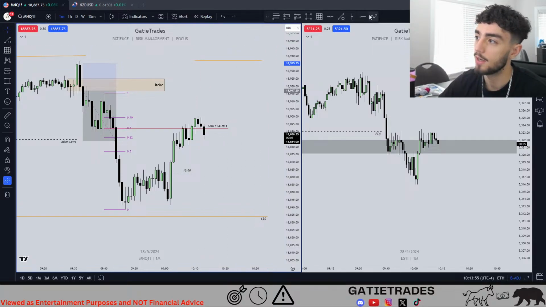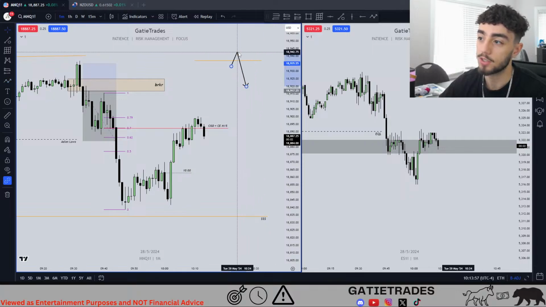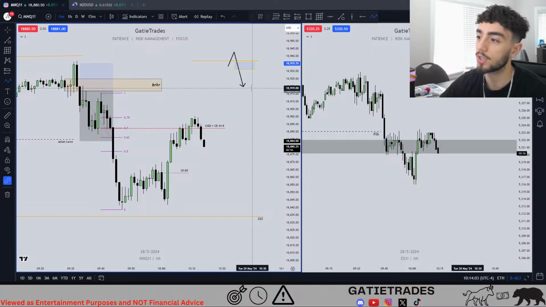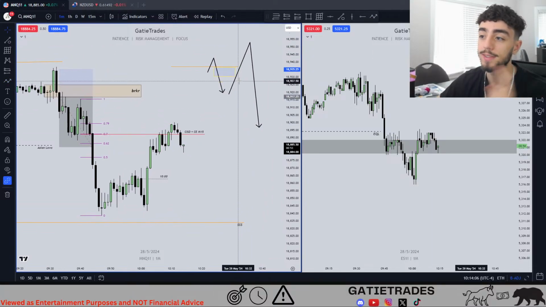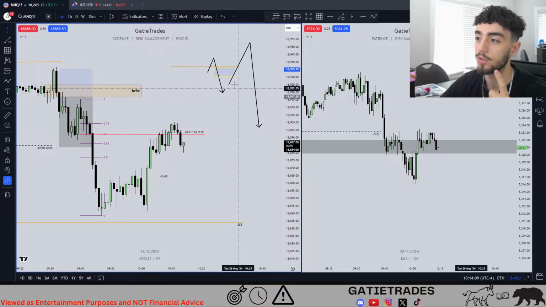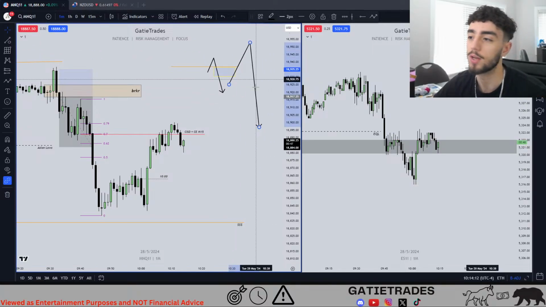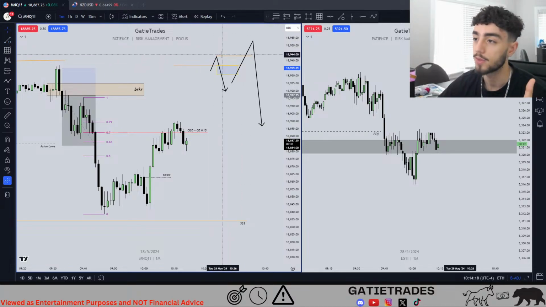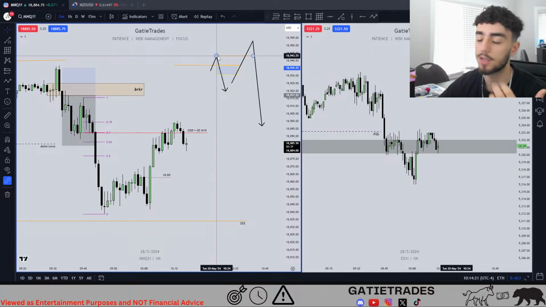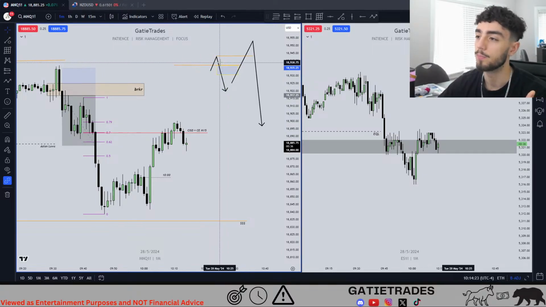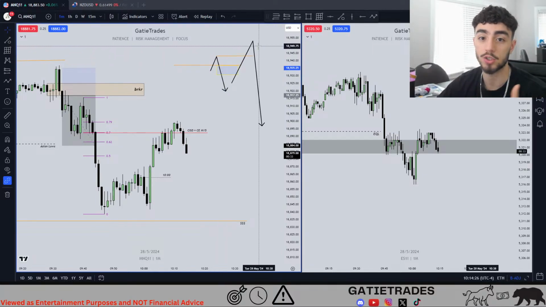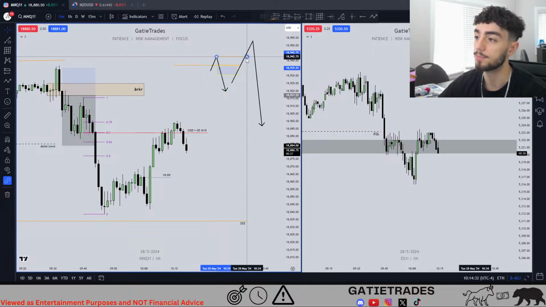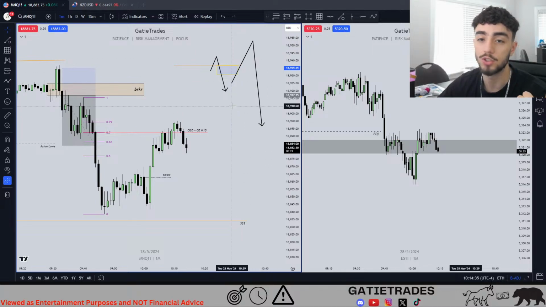You have a key level right here. Everyone does this, I used to do this. It goes into the key level, then you have a 1 minute microstructure shift. You enter on the fair value gap, and then it comes and stops you out, and then plays out. This happens to me so often. You know why? I think I know why, but I'm not 100% sure. I think it's because this is taking out early ones. It's inducing more short positions, more long positions. If there's people who are buying this breakout, they just got trapped long. That's one. And two, the second reason is people who went early short.